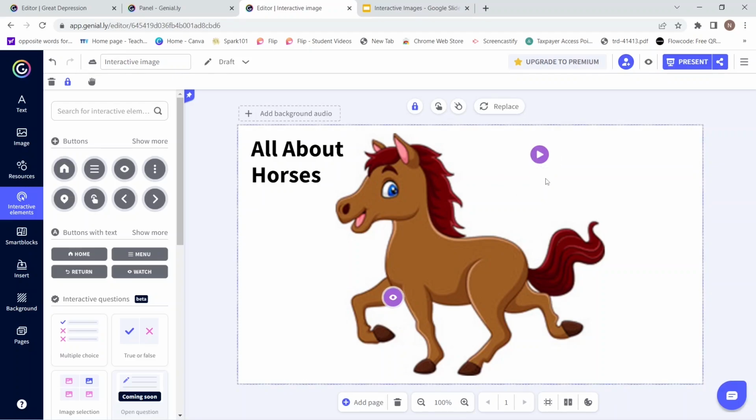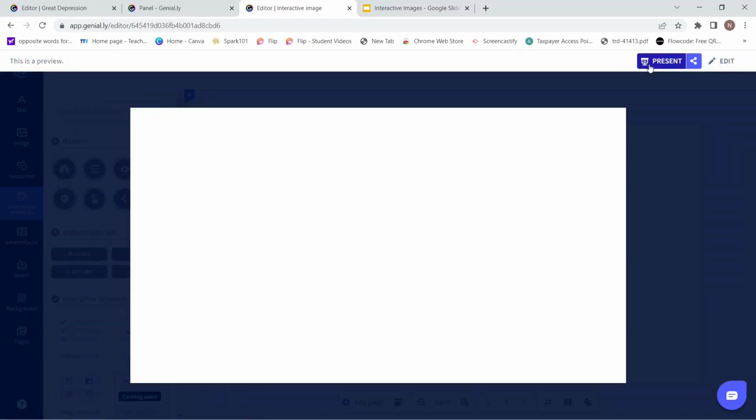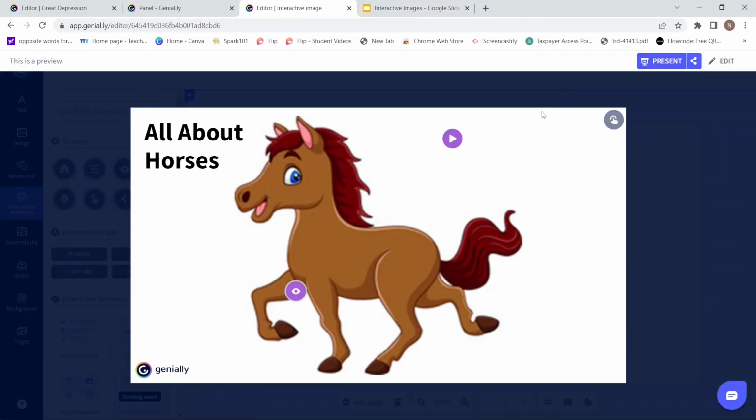Okay, so if you want to see what actually happens, right now I'm still in edit mode, and so I can't really see what happens. But if I want to preview, up here on the top right, where it says present, and there's the share button, this little eyeball is the preview. So if you click on that, now when I hover over it, it kind of enlarges just a little bit. But then when I click on it,